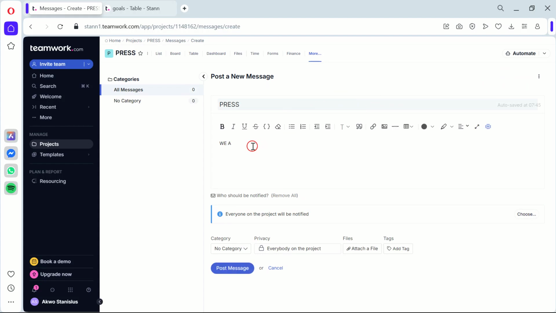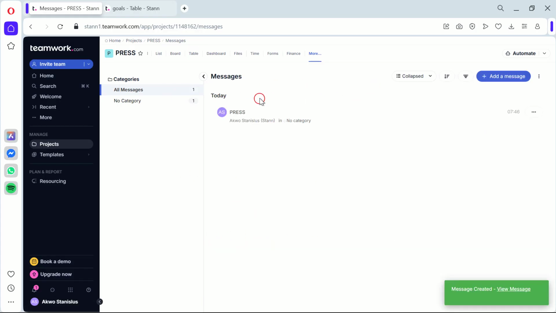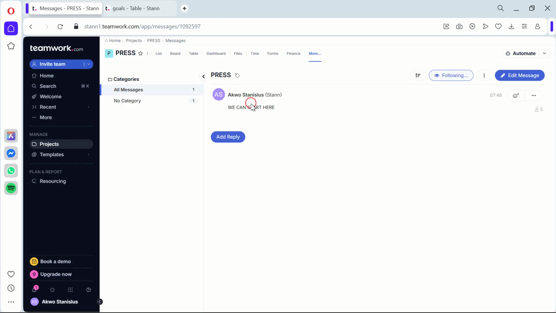Here's what's happening behind the scenes. Every time you update a task or send a message, it's logged in the project's history. This means you can always look back to see who did what and when, which is incredibly useful for accountability and reviewing your process. Now that we've covered the basics, there's a lot more to explore in teamwork.com, like the